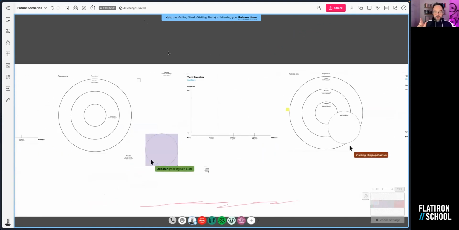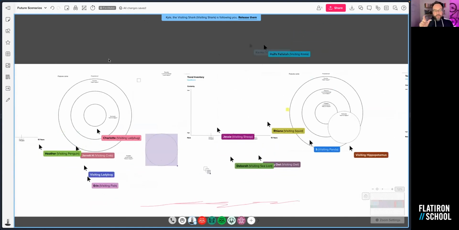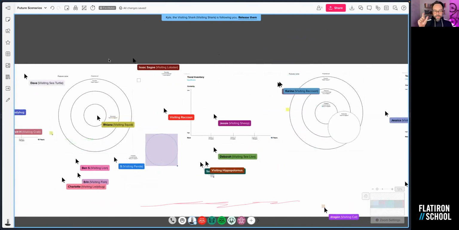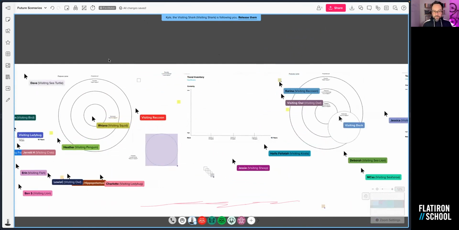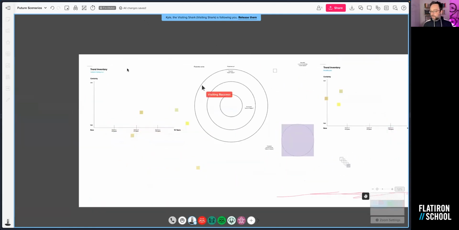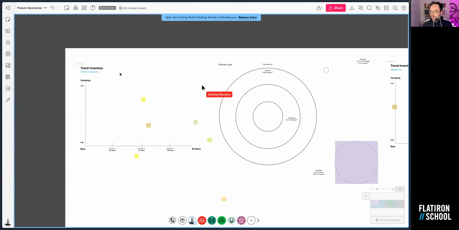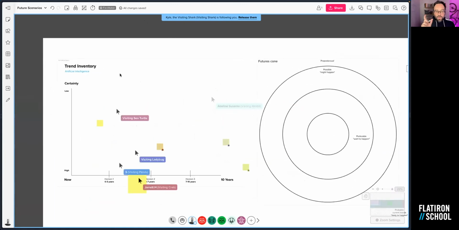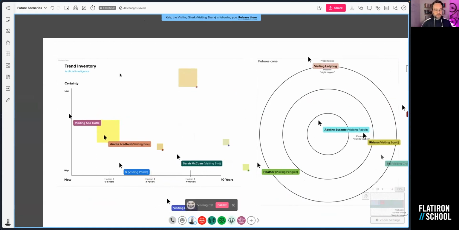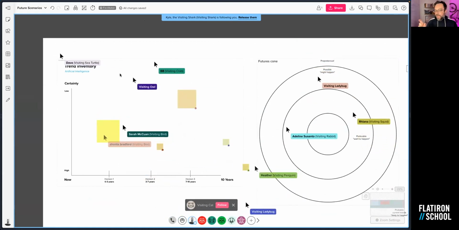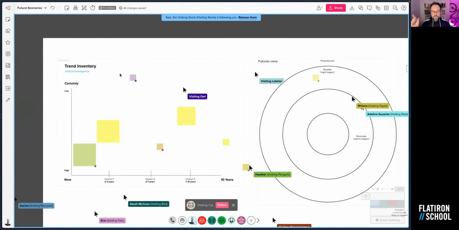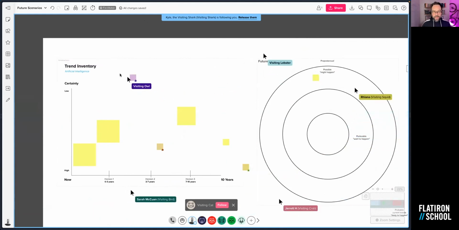And what I want you to do is, if you double click, you'll be able to drop a sticky note into the trend inventory. And then you can type into that sticky note, okay? So you can choose either artificial intelligence, healthcare, or climate change, okay? And what I want you to do is start dropping in trends that you think about or that you know